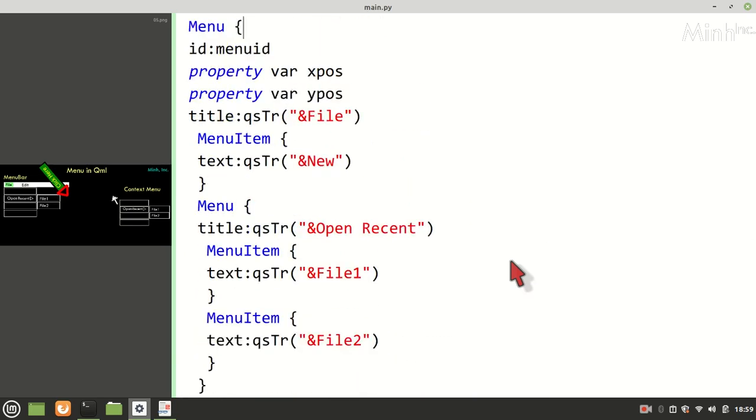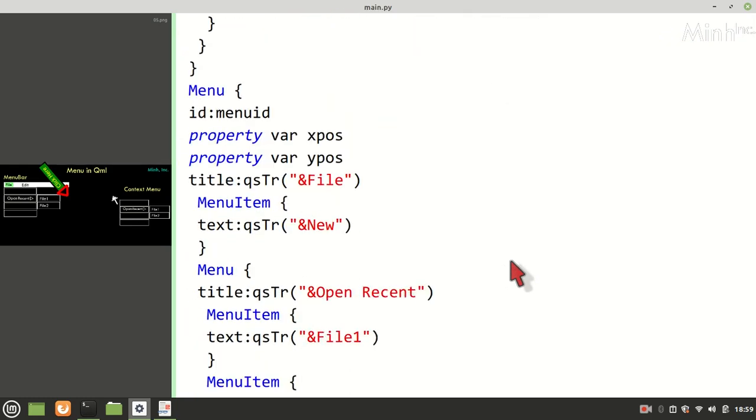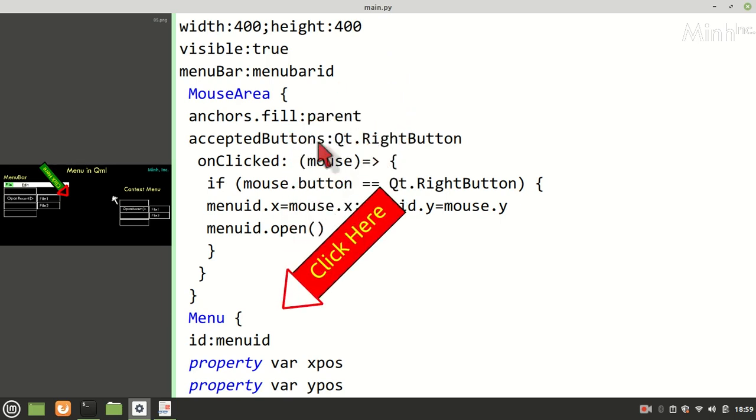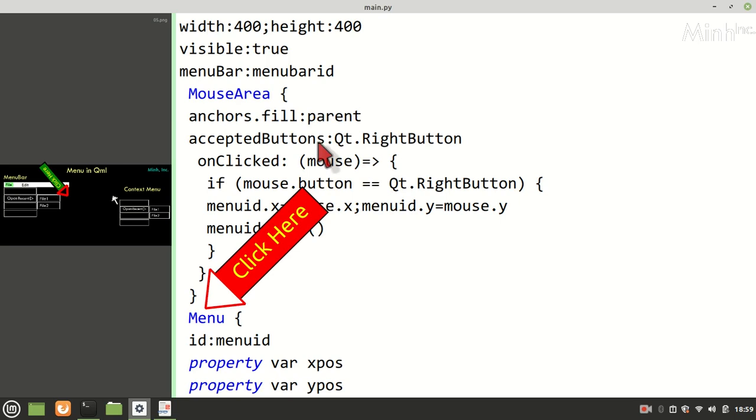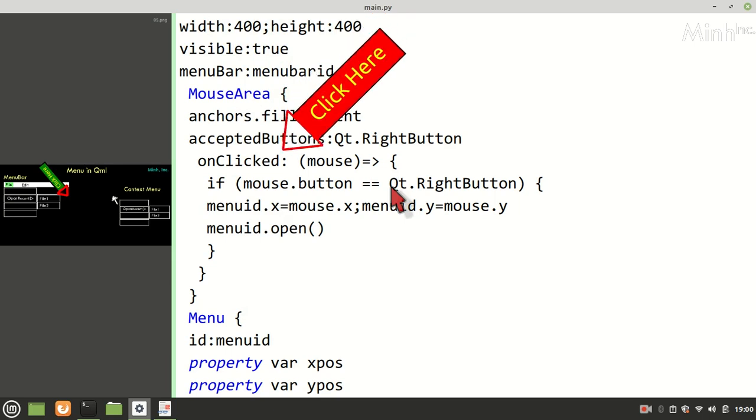So we have created one menu, and this menu would come in the menu bar, and the same menu would come as a context menu when we right click in the mouse area.